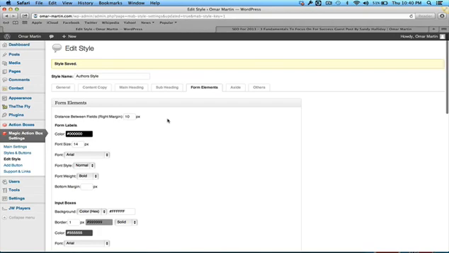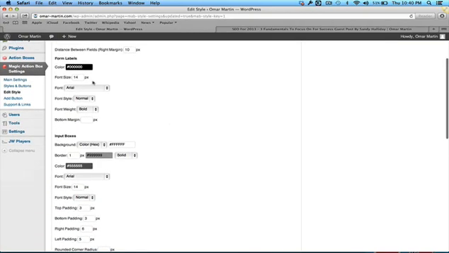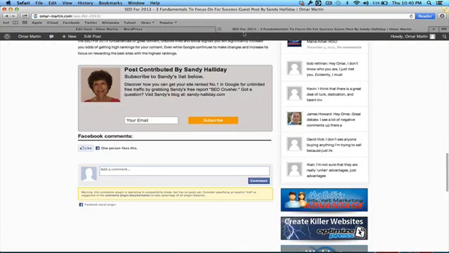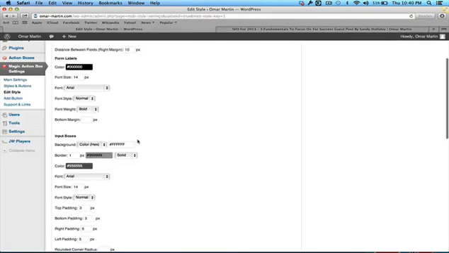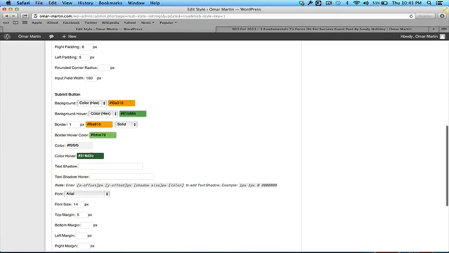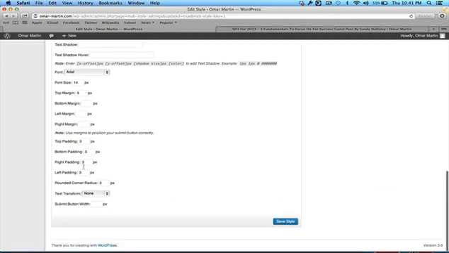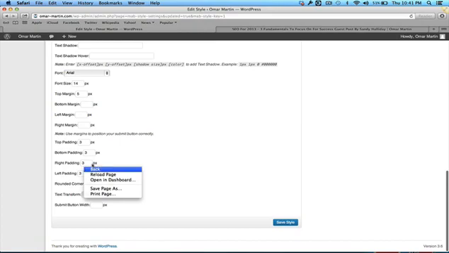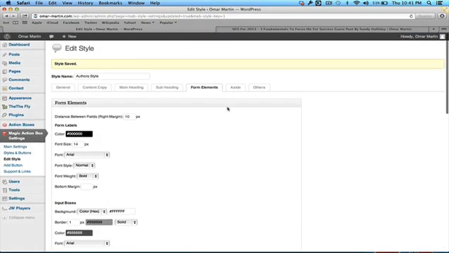How about the actual form itself? The size of the email input form. So this part right here that says email, the border, the color, the background, what happens when it's clicked on. Notice how when you hover over subscribe, it changes the color of the subscribe text from white to dark green, the color of the background from orange to green, and all of that is set right here. As you can see, the orange, the green, I selected all these colors, so it's very, very versatile. Lots of stuff you can do with this, and you can create a whole bunch of these.